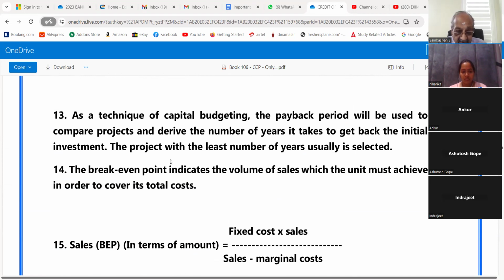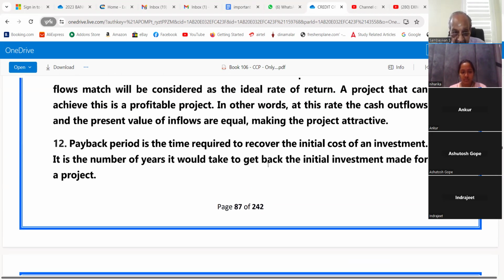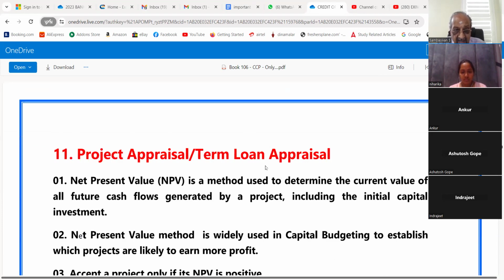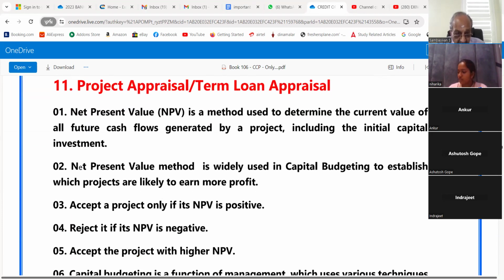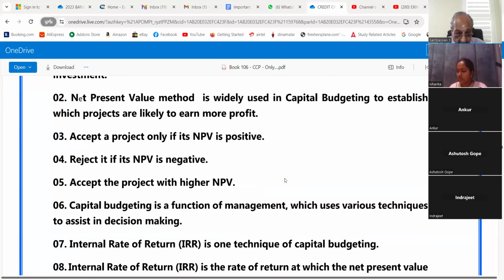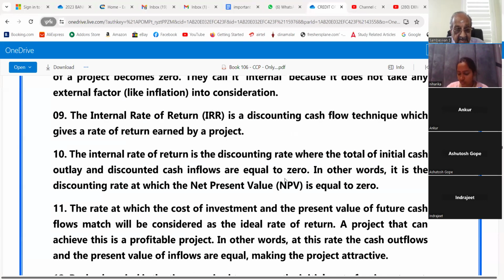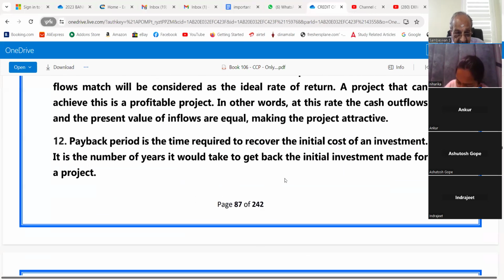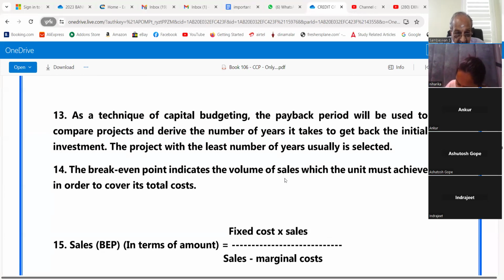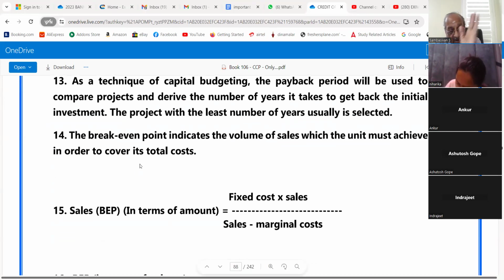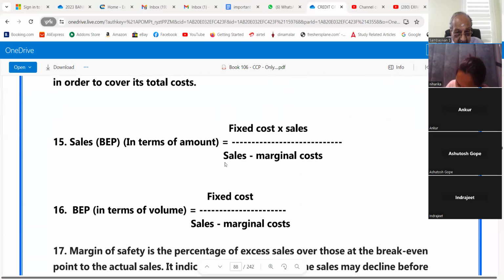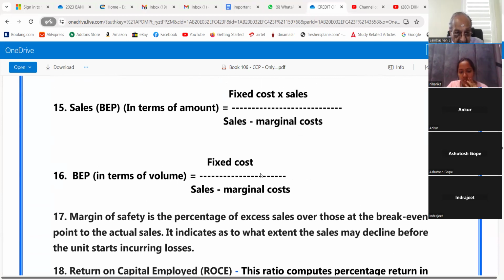Wait. So far, we have studied 15 points. From this, the type of questions that can be asked is, what is a term loan? Then, which method is normally adopted for analyzing the term loan? What is capital budgeting? What is internal rate of return? Then next comes, what is break-even point? These are all favorite questions of interviews. Up to this, these 4 questions can be asked. Now, break-even point in terms of volume is equal to